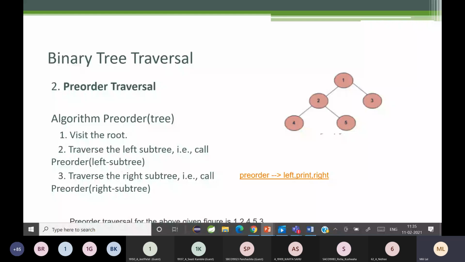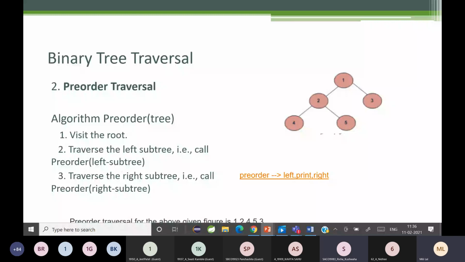So when you go to the left subtree, which is the node? The left subtree is 2, 4, 5, right? In that left subtree, which is the root? 2. So you print 2. फिर 2 का लेफ्ट सबट्री कौन सा है? 4 ही है, राइट? 4 को फर्दर ब्रांचेस नहीं है तो 4 प्रिंट करेंगे. समझ में आ रहा है कि नहीं?